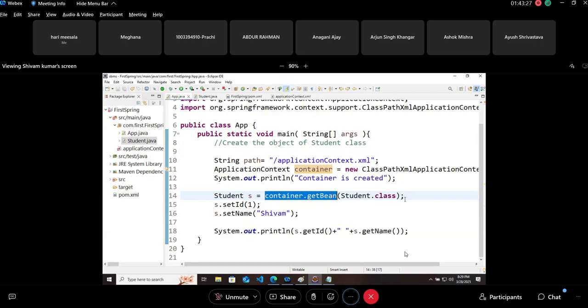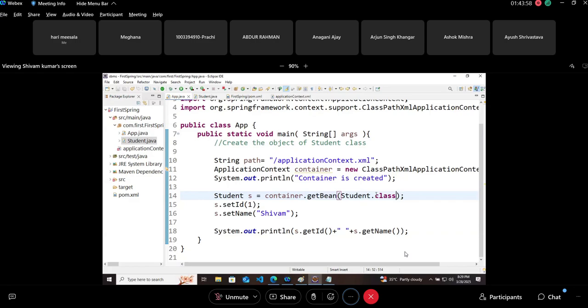Why are we not writing student.java when the file name is student.java? Why do we have to write student.class like this? Why? The file name is .java, right? Dot class will give a bytecode.